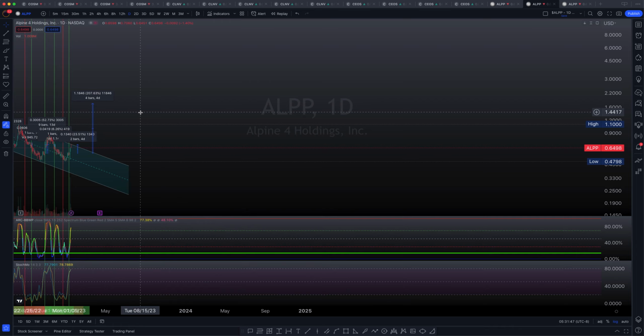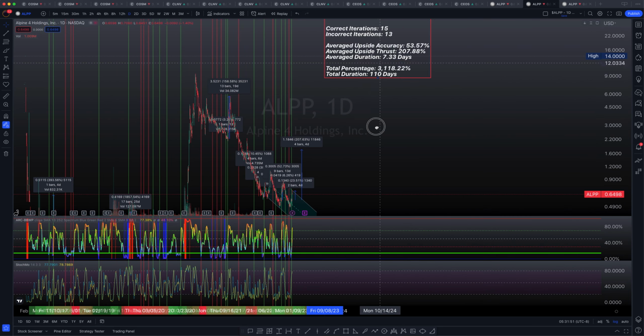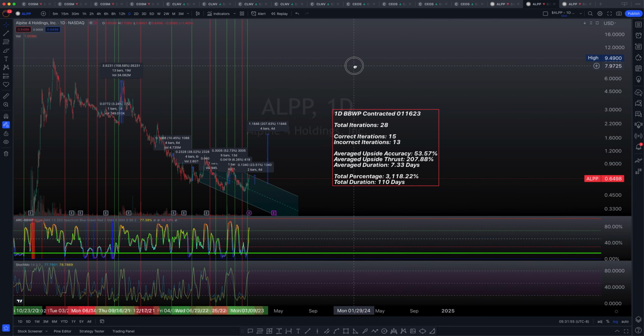Where are the results? Here they are. We're just going to bring this down right over here and talk about them. Particular to the daily chart, remember, we're looking at a total of 28 iterations throughout the entire trading history of ALPP, and we have guessed